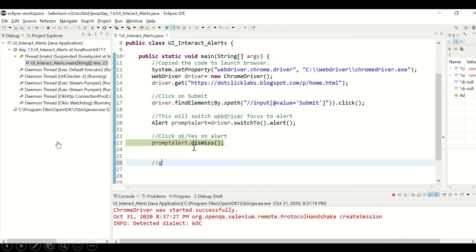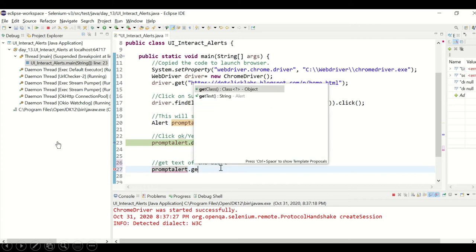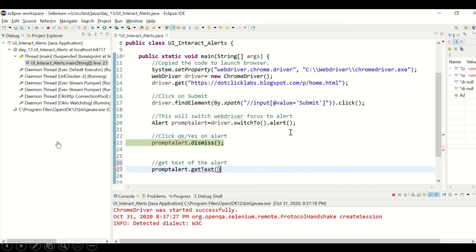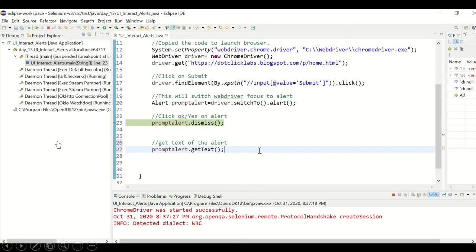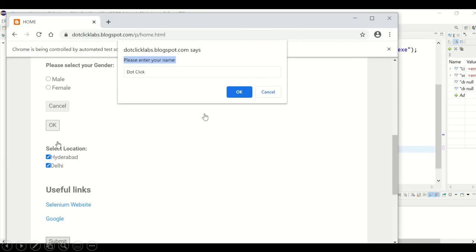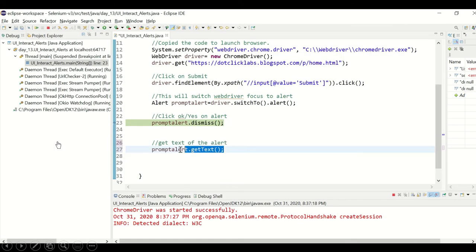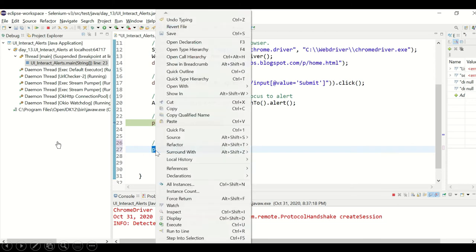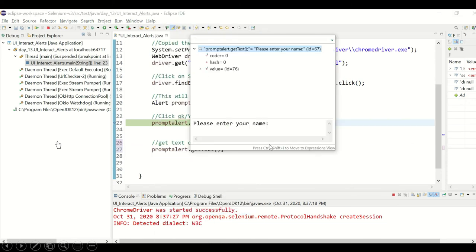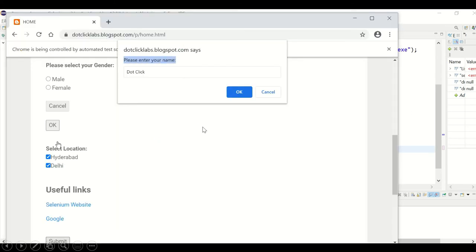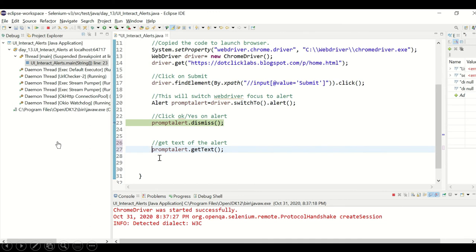So what should I do? Get the text of the alert box. The prompt alert is already defined, dot get text, very simple, one liner code. Now it should get this value, and right click, inspect. You see, you got the please enter your name. So this is about how to get the text of your alert.